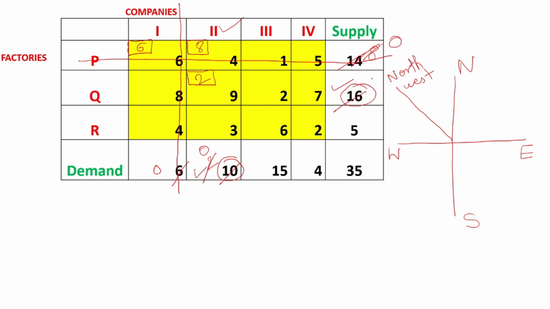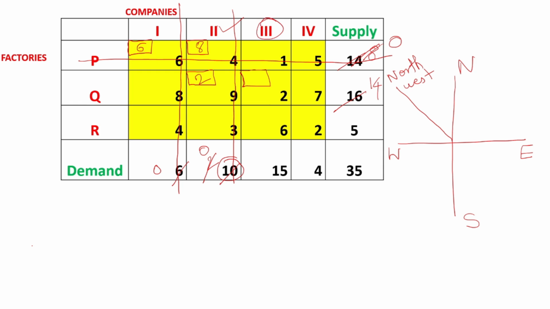Row-wise also, 2 is already taken by row Q, so how many will remain now? 14. Whichever row or column has become 0, you have to cancel. Now column 2 has become 0, so cancel it. It won't be considered in further calculations. Now again do the same thing. Draw the directions for the remaining values and check the northwest corner. We all know the northwest corner is over here, so this cell is obviously in the northwest corner, that is, the cell having value 2 will be selected now. Mark that cell with the corner rectangle like this. Now check which column it belongs to.